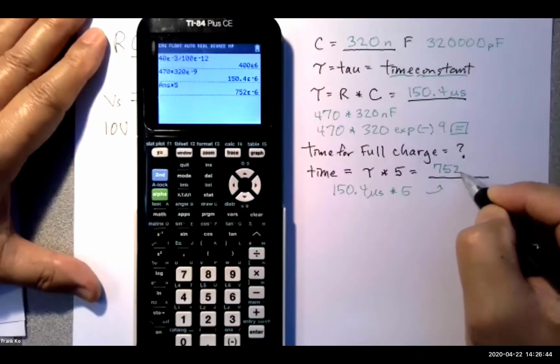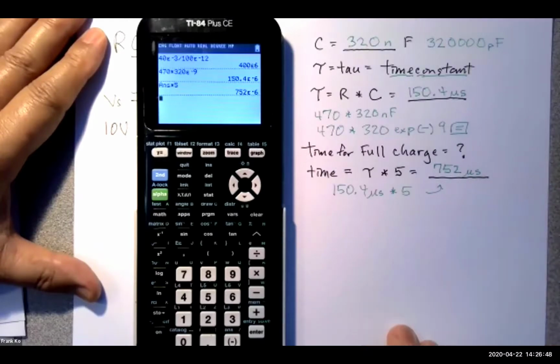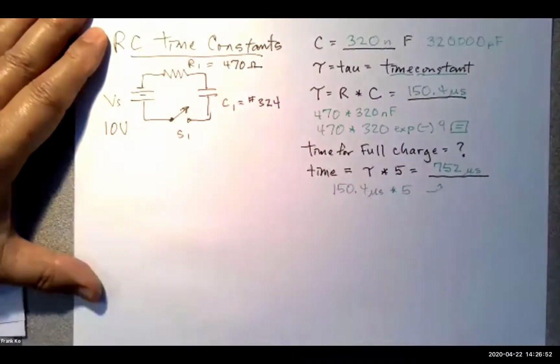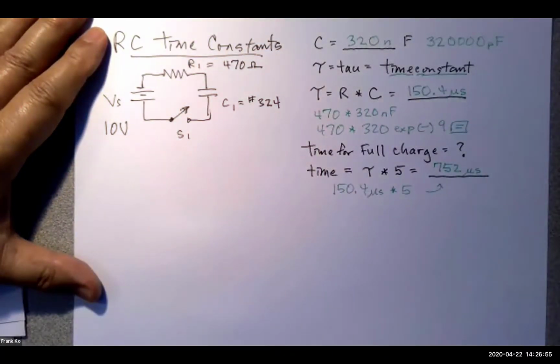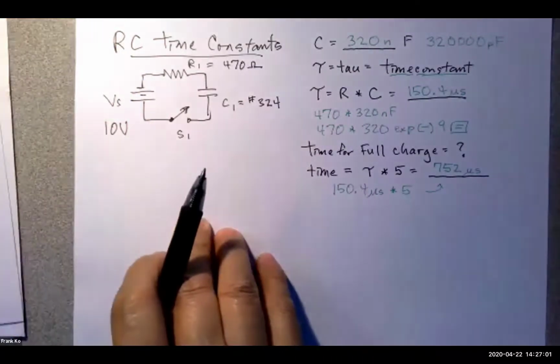So 752 microseconds. That's the time it takes for this capacitor to reach full charge based on the circuit that I have here of 470 ohms and a number 324 cap. So let's show you what happens here